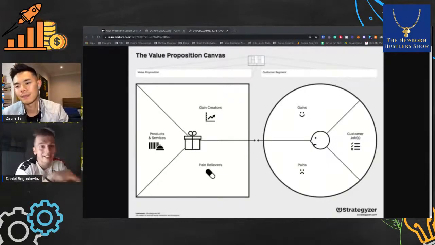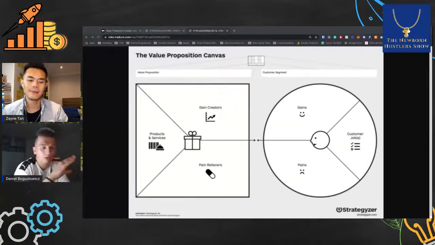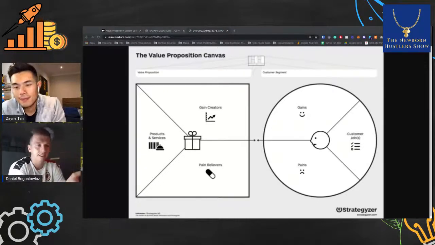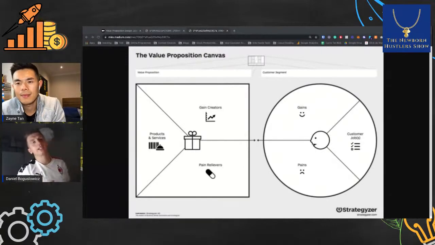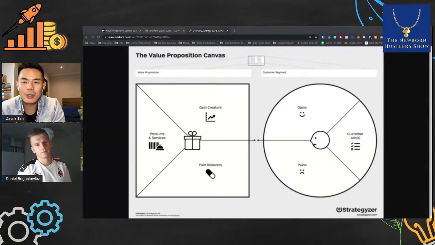If you won your client with a price, then be aware that next year or next month or next week, someone else will come with a better price. And then you just go down the rabbit hole, because you're trying to compete on price, and before you know it, you become a commodity.